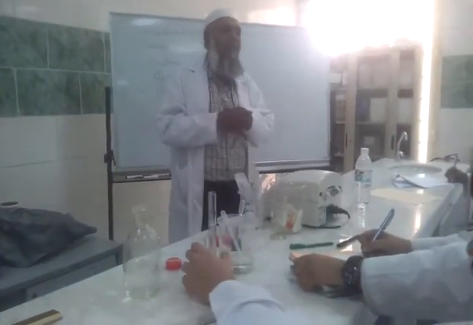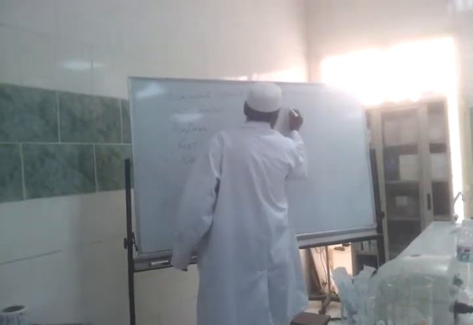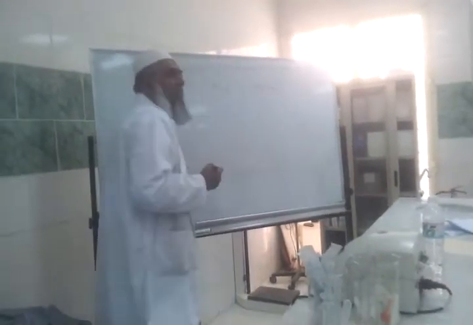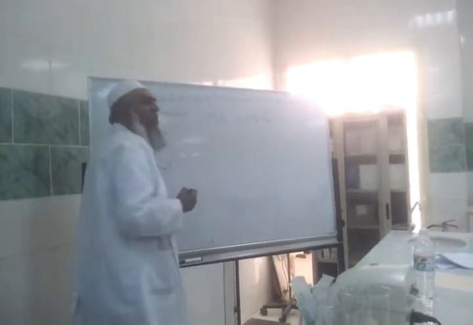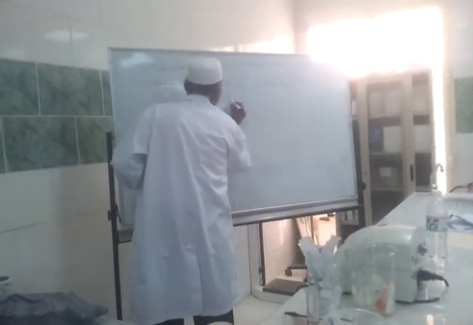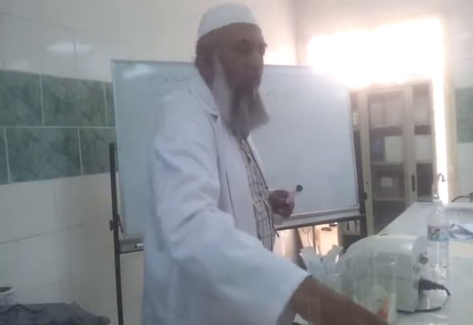Okay? Now from here, how to calculate the molarity? You find only that 3 ml of sodium hydroxide is used to change the pH. Now to calculate the molarity, we will use the formula, that is M1V1 is equal to M2V2. Here in this case, M1 is the molarity of the acid, this one, which is unknown. So we will mark here unknown. V1 is the volume of the unknown solution.